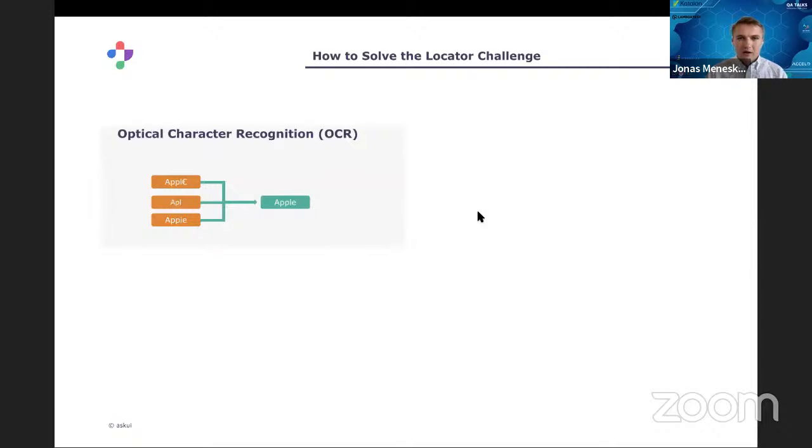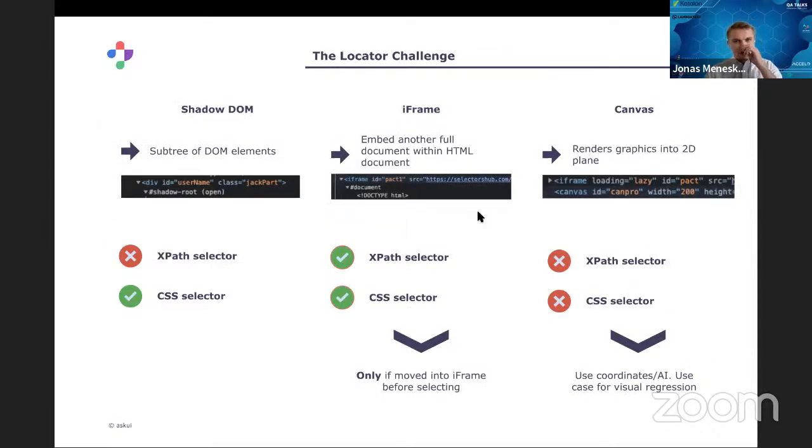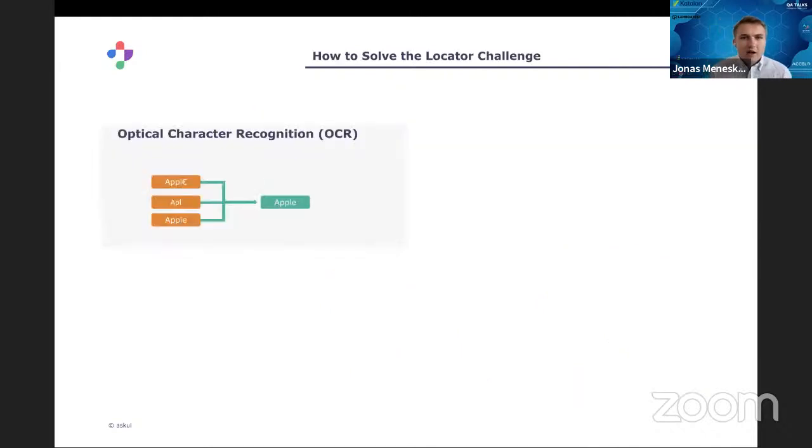All right. So how do I solve this locator challenge? What are the current developments which try to help deal with that? All right. So one, with the AI I just mentioned, is OCR. If you try to find something via text, or the original selector is not working, you can look for them by text, which is called optical character recognition.